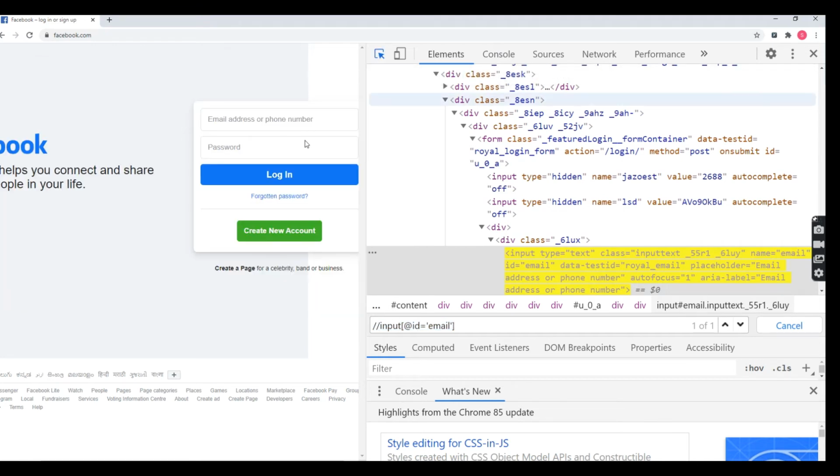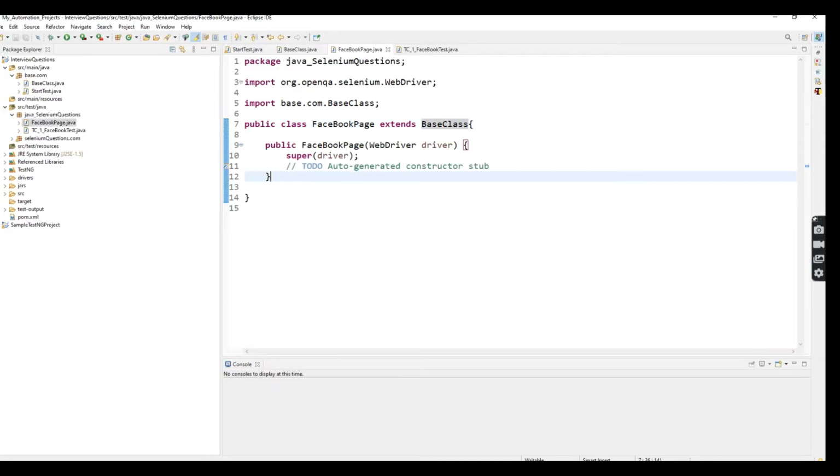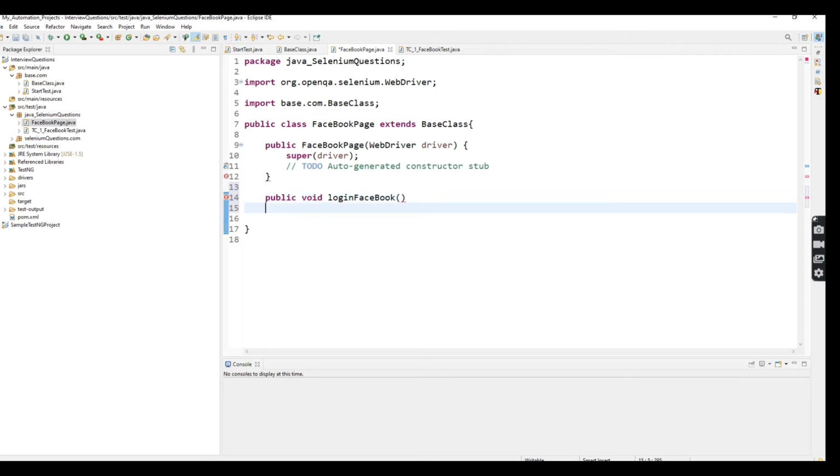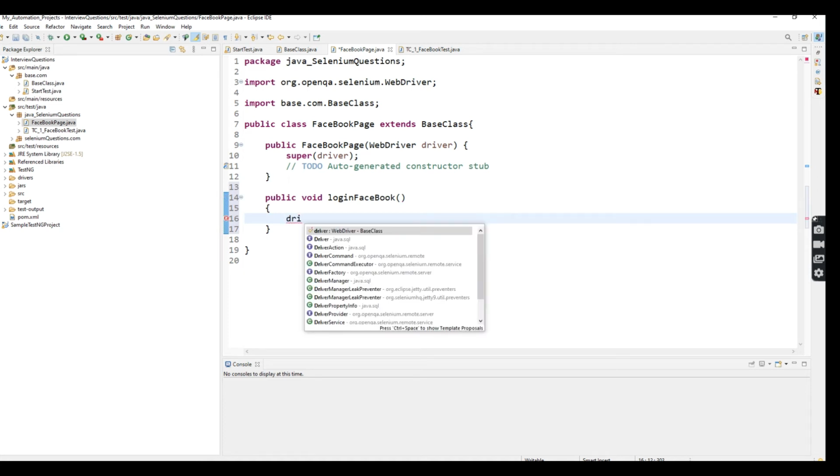Okay. Now I'm going to take, so already I've taken it, I'm just copying it. Here I'm going to create one method, public void loginFacebook. Okay. So here I'm using driver, and automatically it came. Why? Because we already initialized it in the base class.